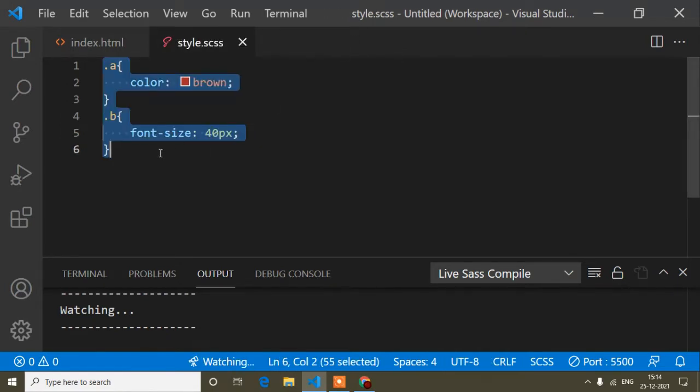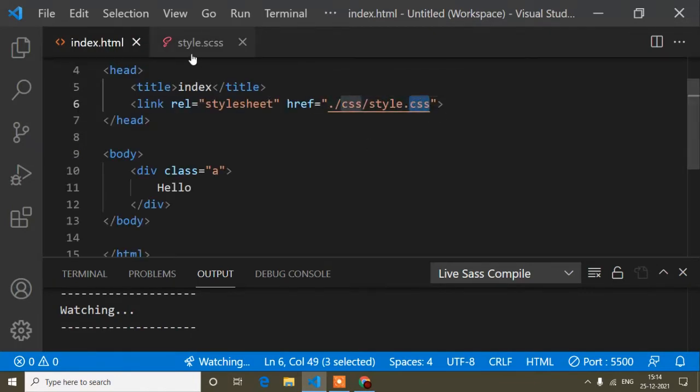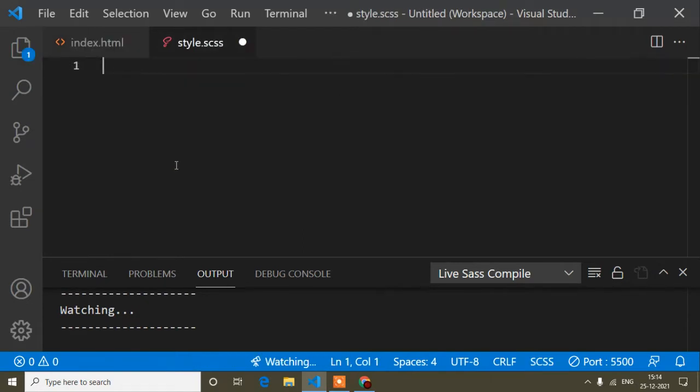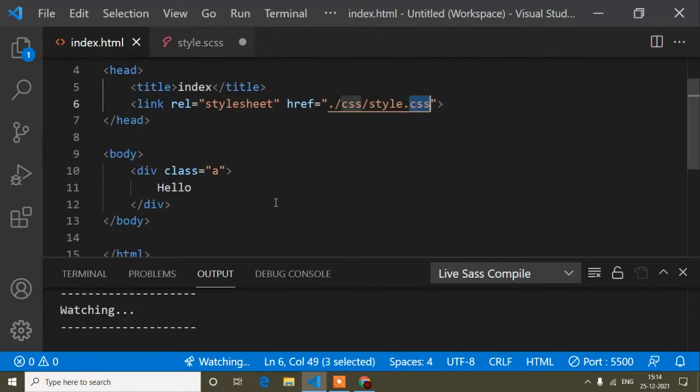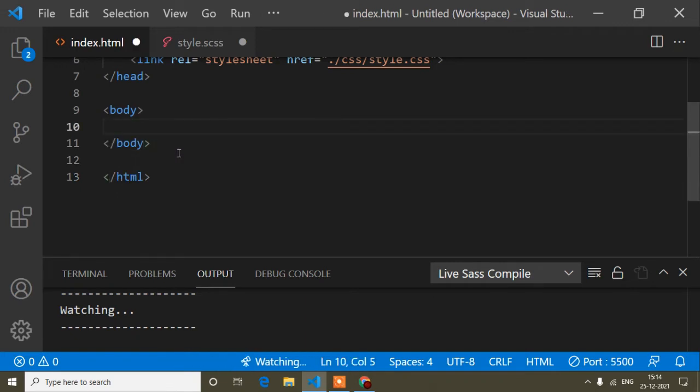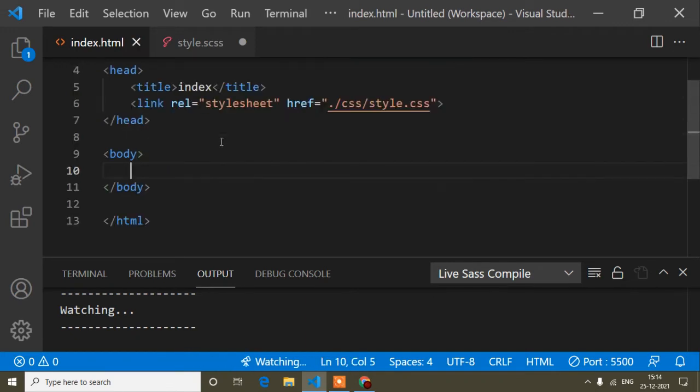Whatever code we write in the SCSS file, the link will be CSS. Just remember this thing. So now guys, here I will start to write some Sass code, I mean how we write the Sass code, that I will write here. Just now I will remove this one. So now guys, first how I will start.